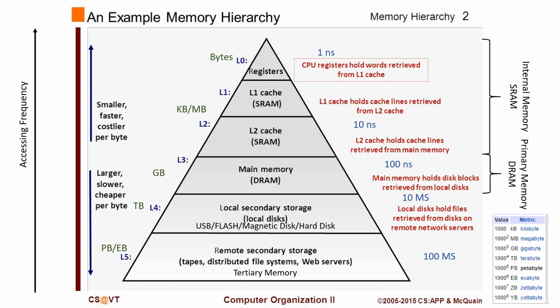Then the accessing frequency. What is the meaning of accessing frequency? Means which memory is used more frequently or more time. So registers are used more frequently as it is connected to CPU. Then after registers, cache memory is used frequently, then main memory, then secondary memory and then tertiary memory. So this is all about memory hierarchy.